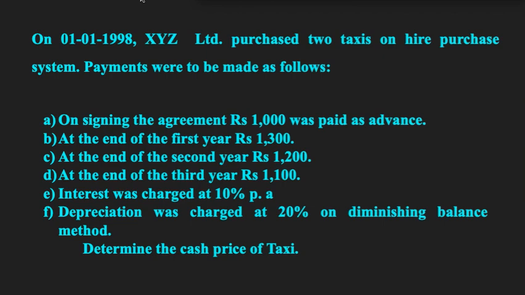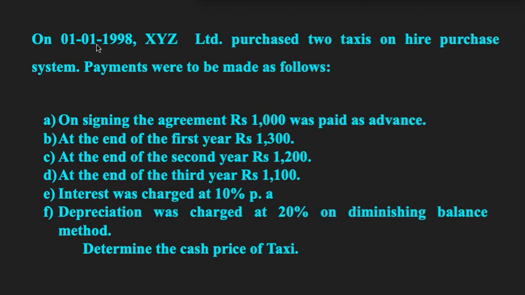Hello students, in my previous video I had started with calculation of cash price from the given set of information. So today we are going to continue with the same concept, that is how we are going to calculate the cash price of an asset. By working backward method, we had calculated the cash price of the asset when installment, cash down payment and rate of interest were given. So today we have the same concept based problem here.